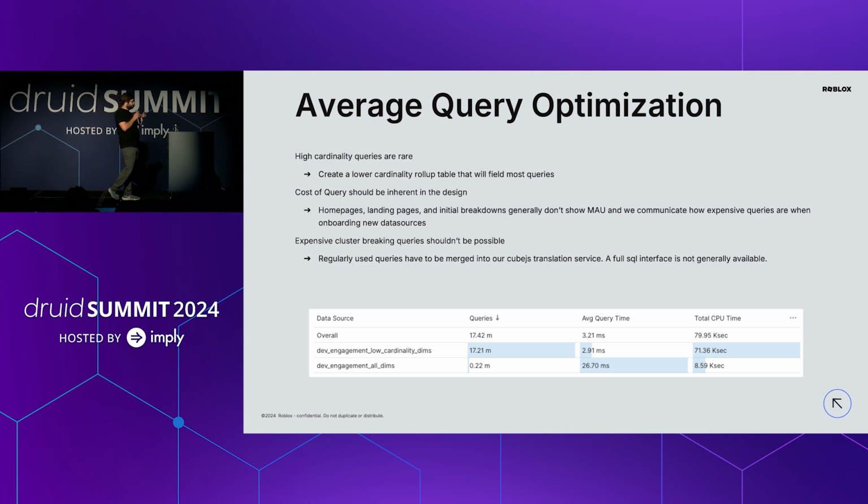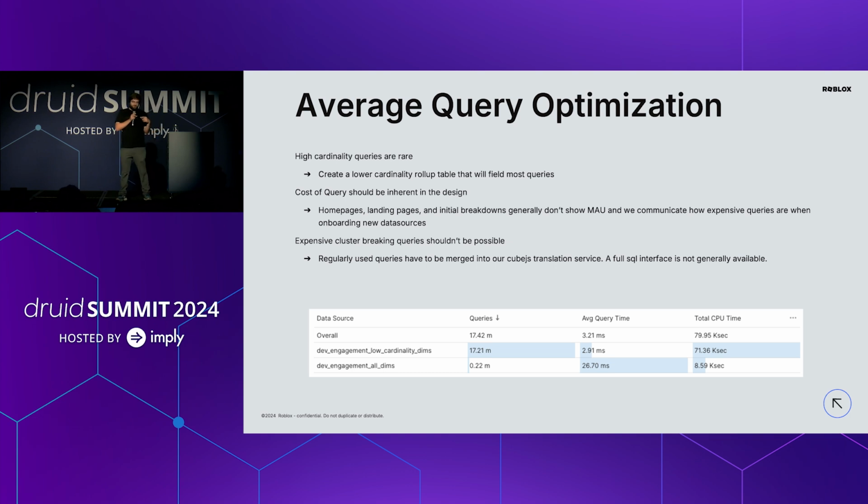Generally, we want low-cost, high-value queries to be on home pages, landing pages, everywhere. You know, those are cheap. Druid can serve tons and tons of those queries. We serve like hundreds per second. And then we want